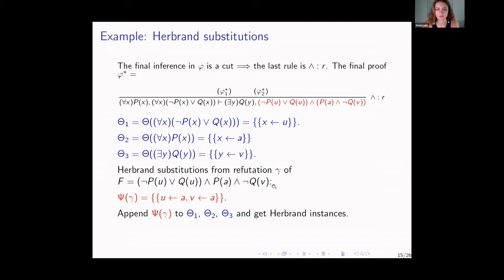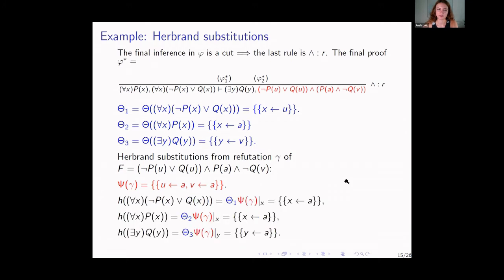Now, because this here is just a simple example, I have the refutation, I think, on the next slide, but it's simple to see that when we substitute a for u and a for v, so if we use this unifier, we can unify and resolve this and, well, refute it. So therefore, we append this substitution to the three substitutions we have here, and we get the Herbrand instances denoted here by h, small h. The Herbrand instance of this formula is, well, a for x, and here also a and a. So this is how the method essentially works,